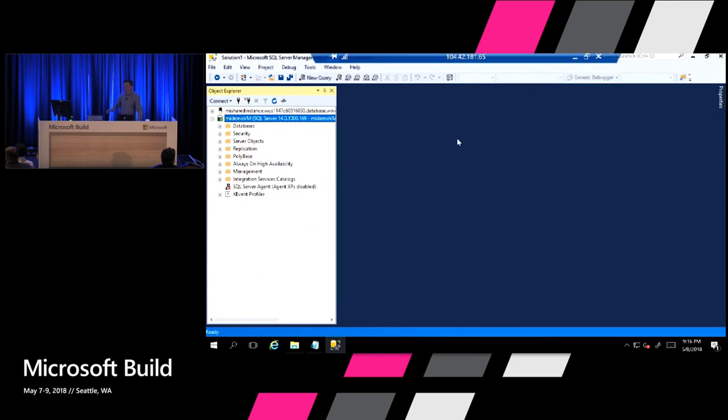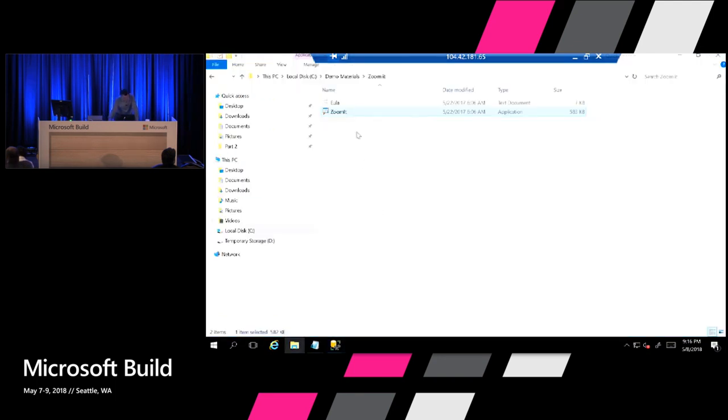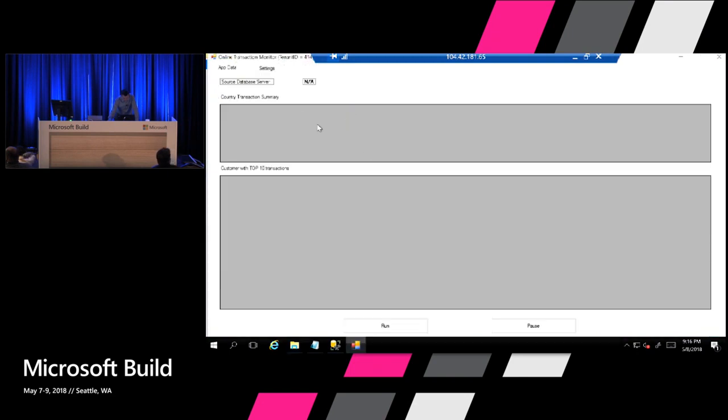Now, what I wanted to show you here is this is my VM. I had logged into this VM because it has a public endpoint, and from this VM I can connect to my managed instance. Also, I can migrate a simple application running on this virtual machine. Let me run the application to show you what it is.